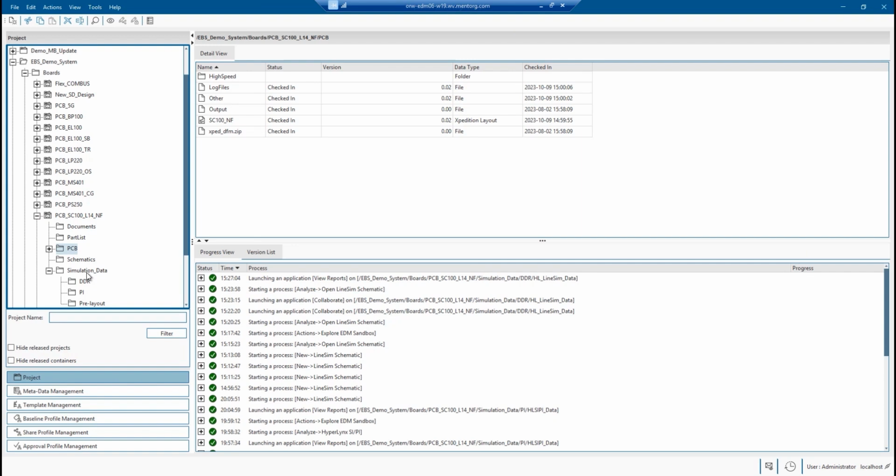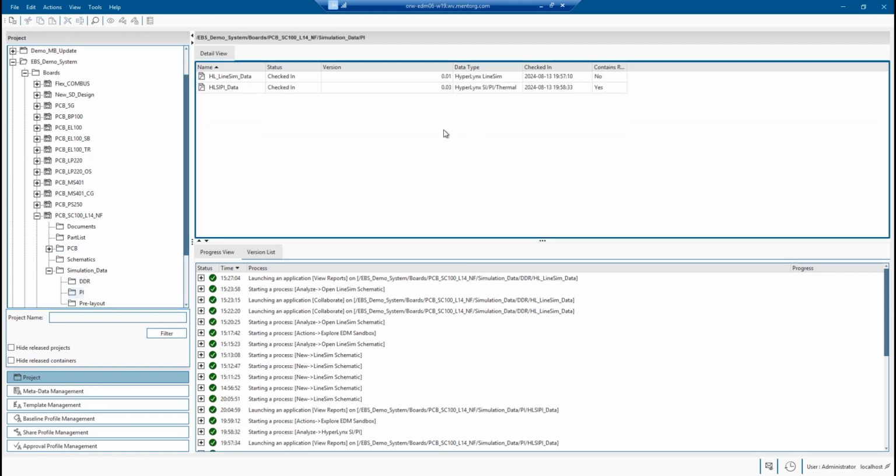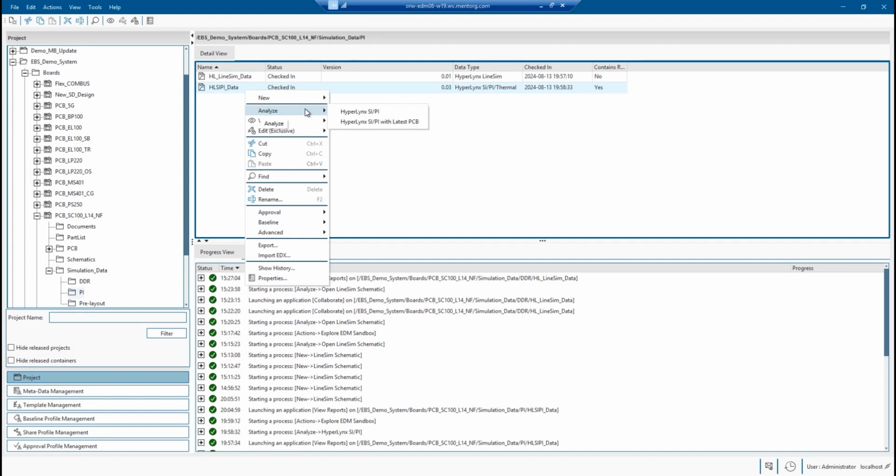The last new feature added in this release to the integration of HyperLynx with EDM is a new command centered around usability. EDM manages multiple versions of HyperLynx, as well as versions of Expedition Layout that HyperLynx was run on. Now, when analyzing HyperLynx, you can choose to open the CCE file from the latest simulation database of that HyperLynx tool, or open the CCE file from the latest database in Expedition, directly from the EDM cockpit.